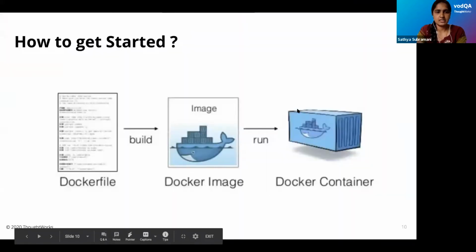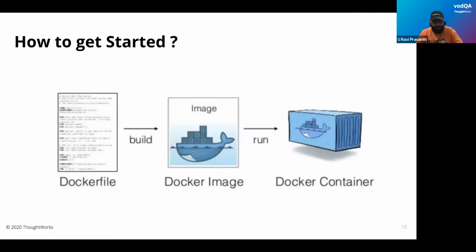Moving to next. Cool. Whatever you've seen now is the basics of Docker. You can pull whatever is there in the existing repository and you can very well start off your work. Now for our own thing, how can we get started? Our images are not present in the Docker Hub, right? So we wanted to create our own image. For that, how to get started?